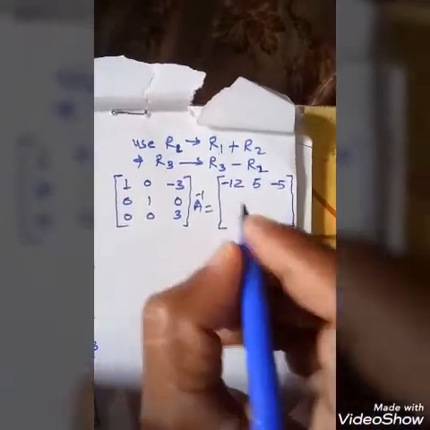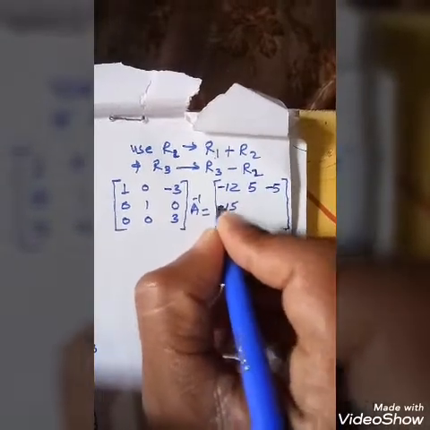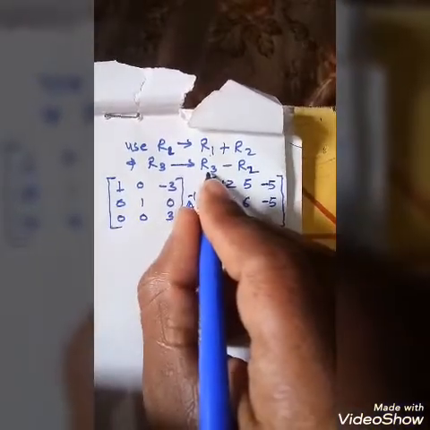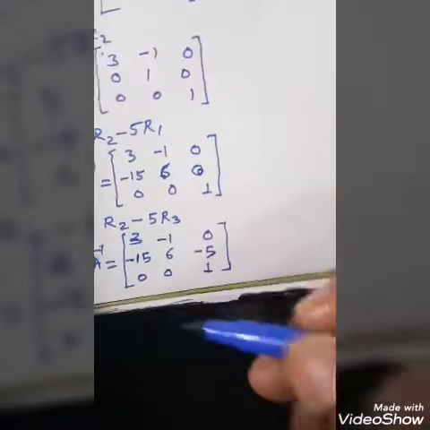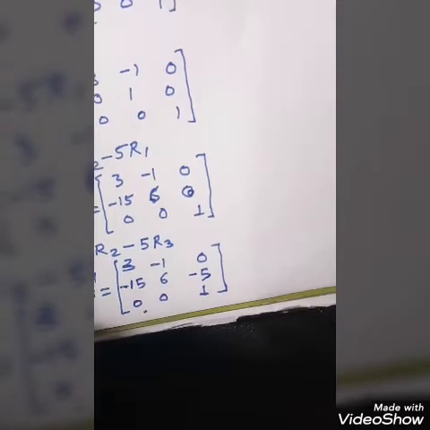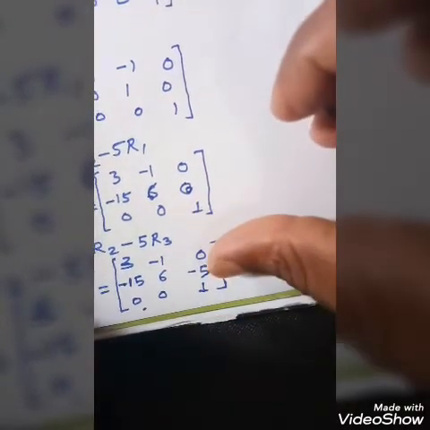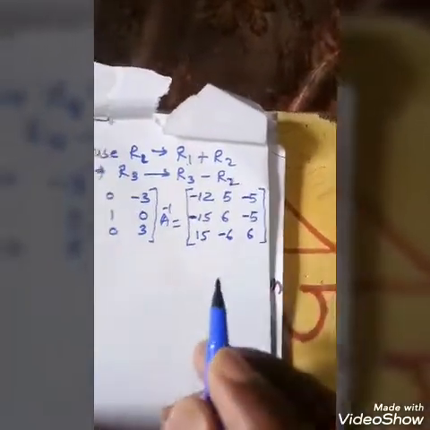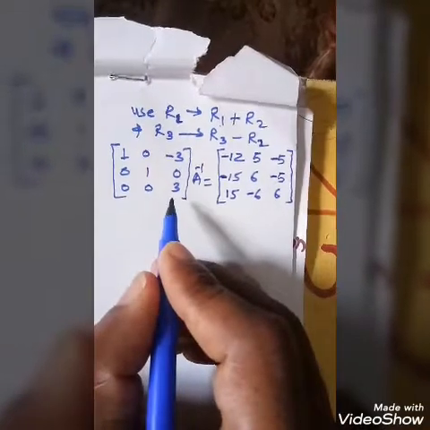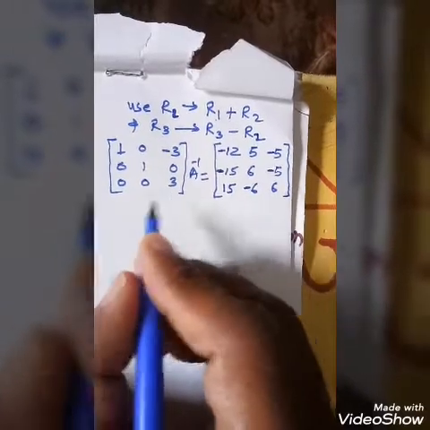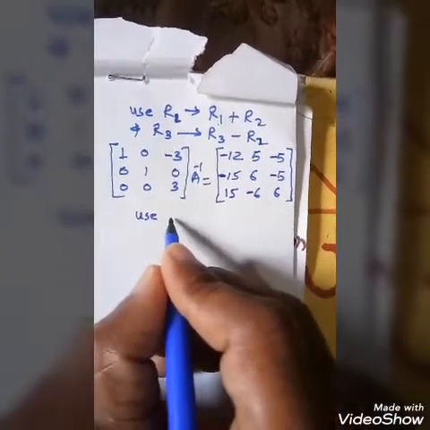Similarly, second row as it is minus 15, 6 minus 5. Third row operation R3 minus R2: R3, 0 0 plus 15 is 15, 0 minus 6 is minus 6. And the last operation, 1 negative positive 1 plus 5 is 6, and those elements we have written in the third row: 15, minus 6, 6. Now convert this corner element into 1. Converting the corner element to 1 is a very easy method. We have to use the operation